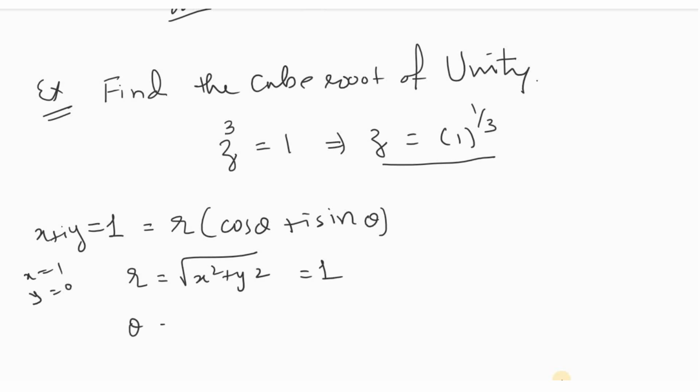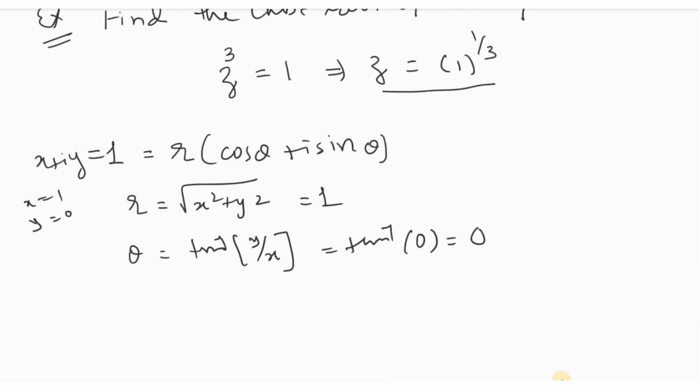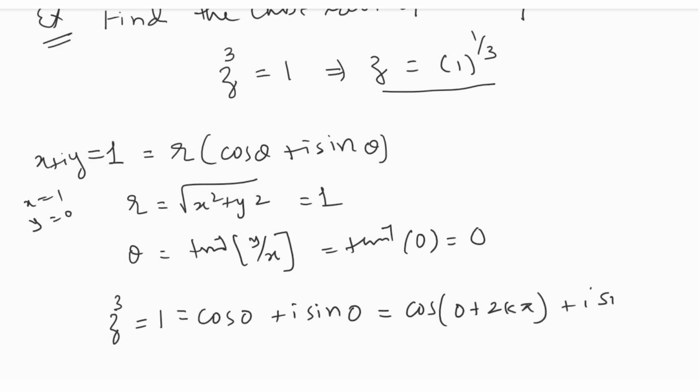And theta is tan inverse of y by x, that is tan inverse of 0, which gives you 0. So z cube equal to 1 I can write as cos 0 plus i sin 0, that I can write as cos of (0 plus 2k pi) plus i sin of (0 plus 2k pi),